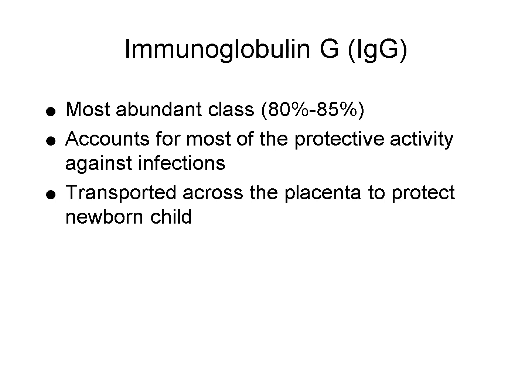Immunoglobulin G, or IgG, is the most abundant antibody in the human body, making up approximately 80 to 85% of all circulating immunoglobulins. It plays a critical role in protecting against infections by neutralizing toxins and viruses, opsonizing pathogens for phagocytosis, and activating other components of the immune system. A unique feature of IgG is its ability to cross the placenta, providing passive immunity to the developing fetus and newborn. This transfer of maternal antibodies helps protect the infant in the early months of life before their own immune